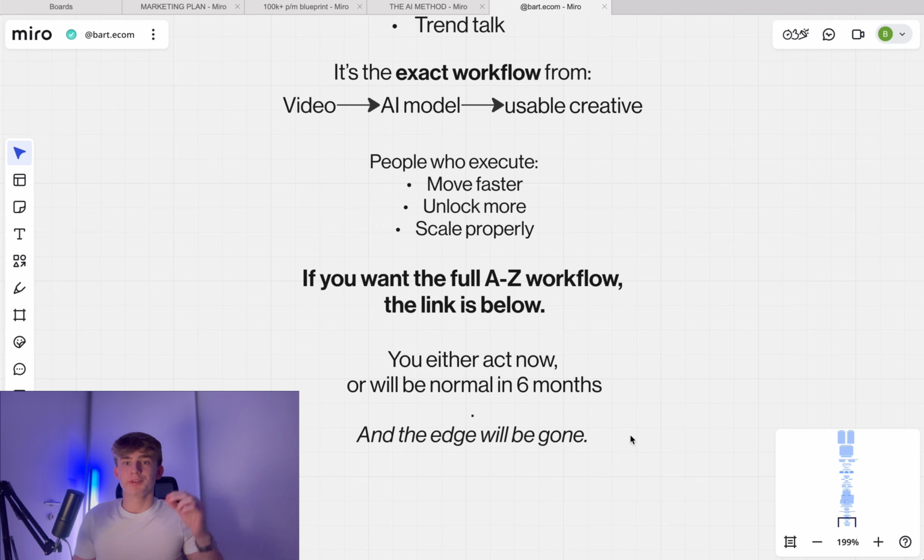And like I said, you either act now or in 2, 3, 6 months, you'll say, oh, I missed out again. Oh, I'm the victim. No, I'm giving you the chance right now. Obviously, we have the edge because we're one of the first people seeing this and I have the best method for the outputs. After some time, the edge will be gone and everyone else will do this and it will get saturated. So either act now or lose your chance to hit your first 10k per month.